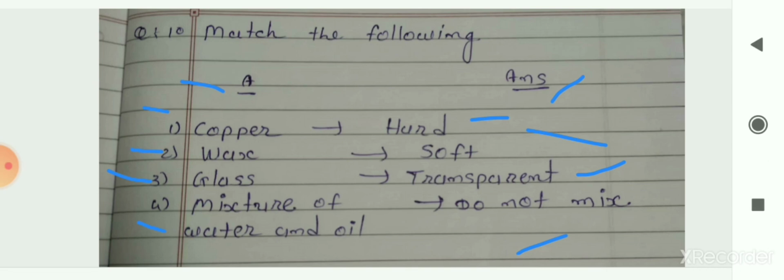Some materials are soluble in water whereas others are insoluble. Some materials such as glass are transparent, some materials such as wood and metals are opaque, and some are translucent, like shiny oily paper or sand glass. Materials are grouped together on the basis of similarities and differences in their properties, and things are grouped together for convenience and to study their properties. So here our chapter 4, sorting materials into groups, gets over. In the next video we will see the next chapter.